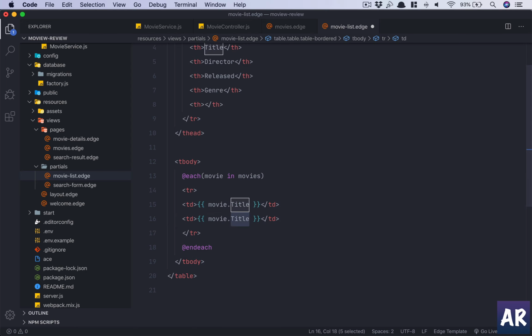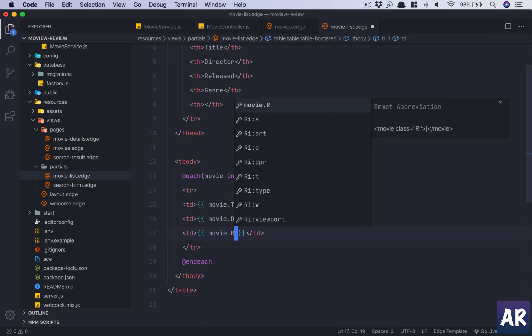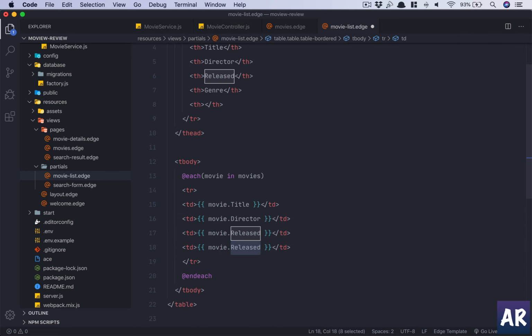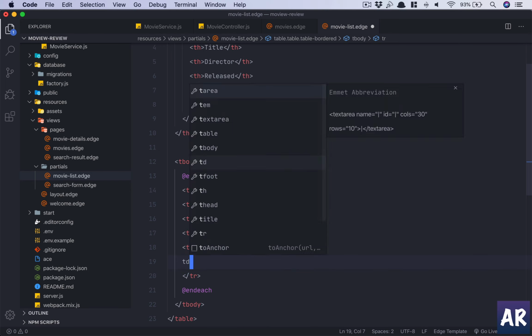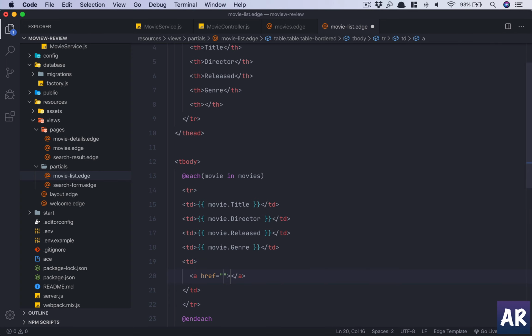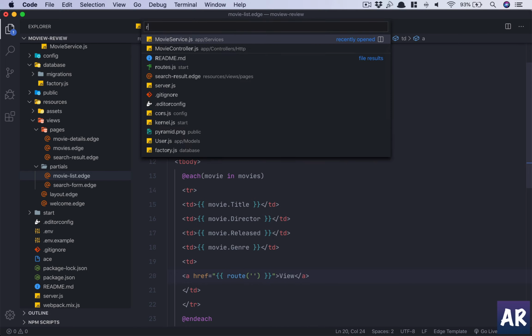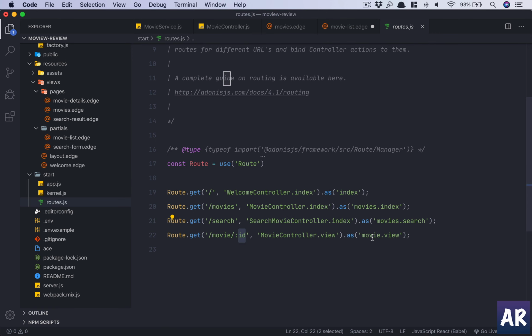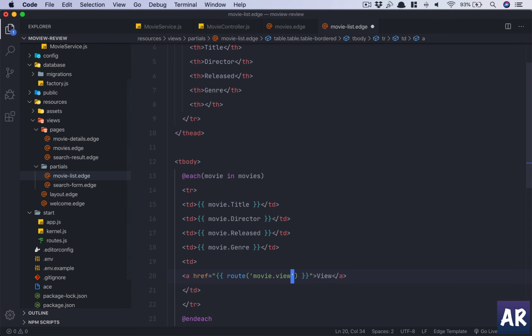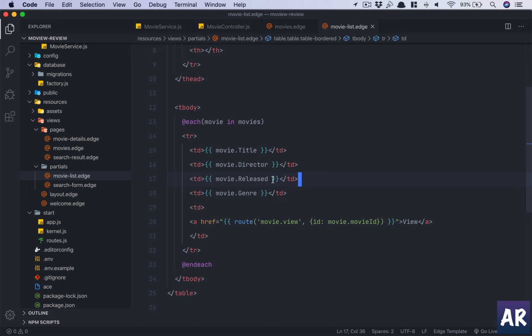And each. So here we will get movie dot title, director, released, and the last one will be a td where I'll put a link. So how do we get the route? We get the route name. So if you remember, route name is movie view. Okay, and it needs the id. So first I'll do the route name, and then I send id as movie id. Okay, this should render